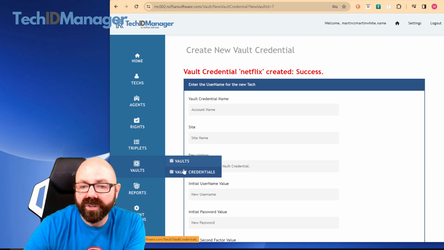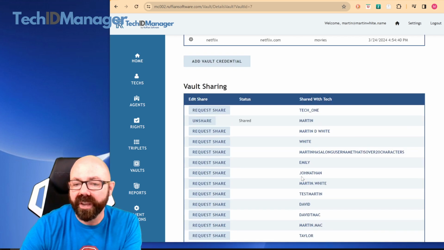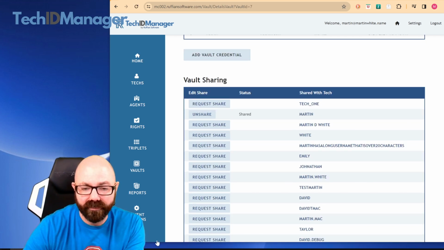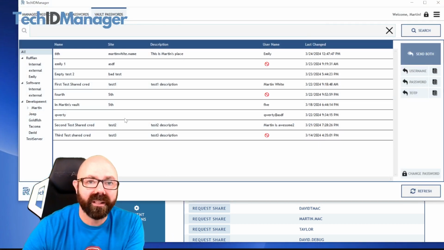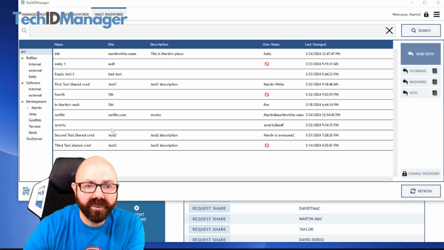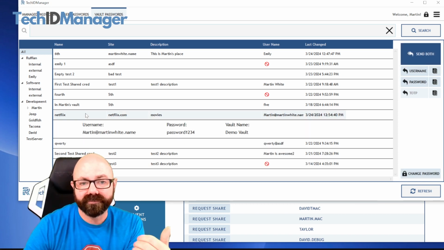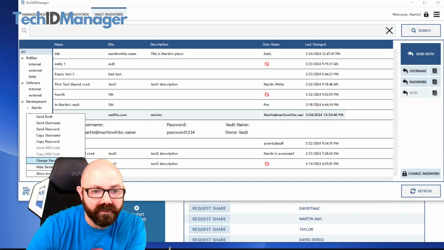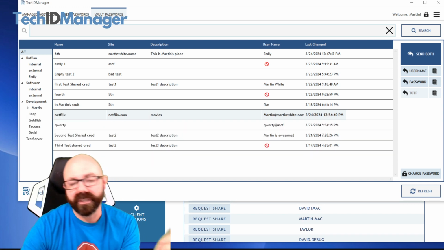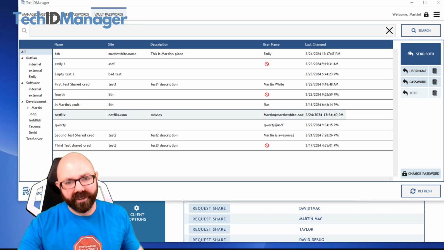And if we go back to vaults and look at the demo vault, that's the one we were looking at, we'll see there's one credential there. That vault is just with me. So if I bring up the tech client, go to the vault passwords tab and refresh, we will see here that we have my Netflix password. We didn't mean to be showing the details on that, but whatever. If you break into my Netflix, naughty on you. All right, so